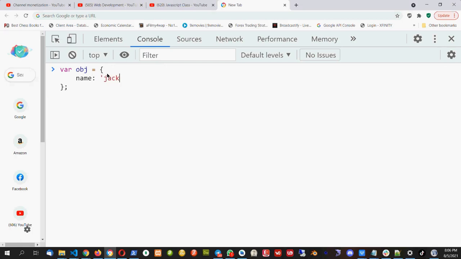Name, maybe I can say Jack, or let's say I have some book details. So name, whatever I can say. What is the name? Let me put, let's say Catch 22. Name of the book, published in 1961, and then author. I will put the name of the author